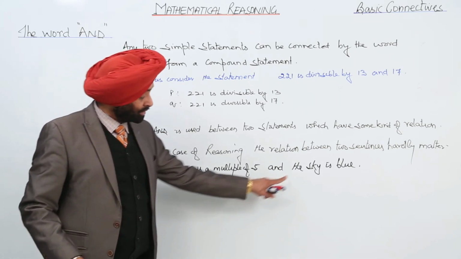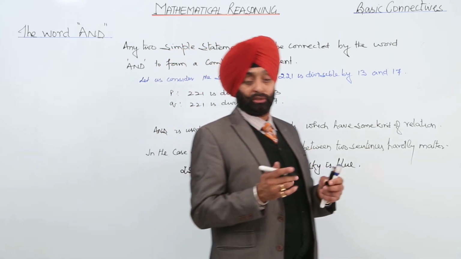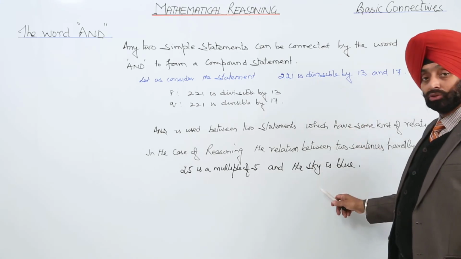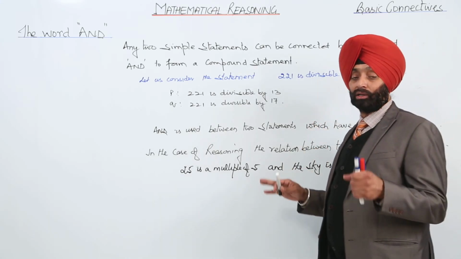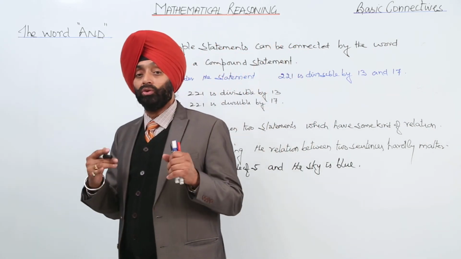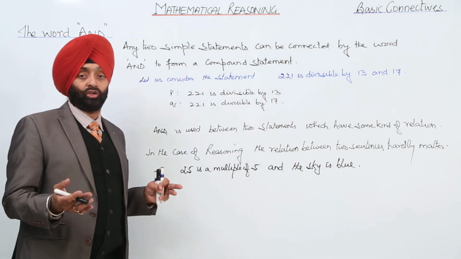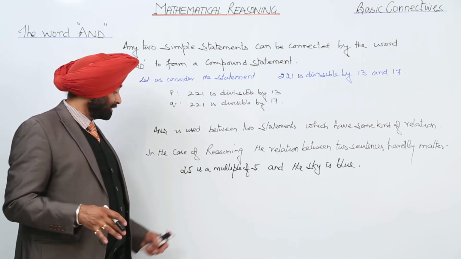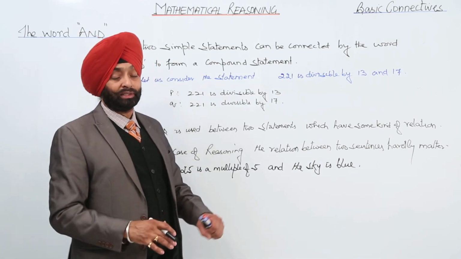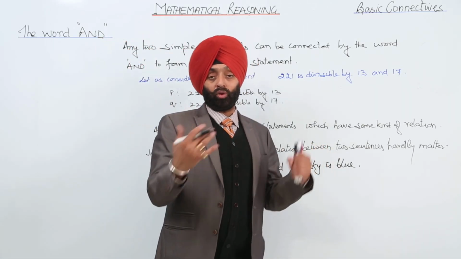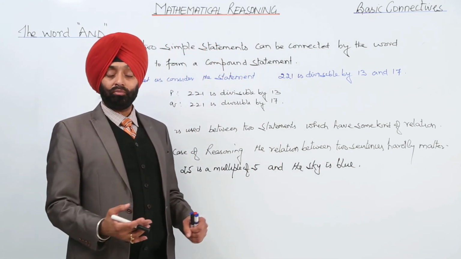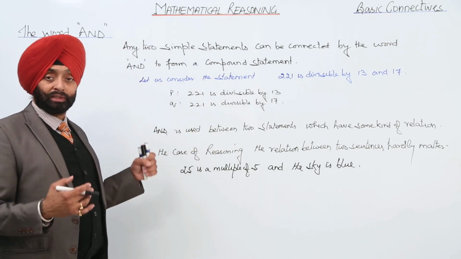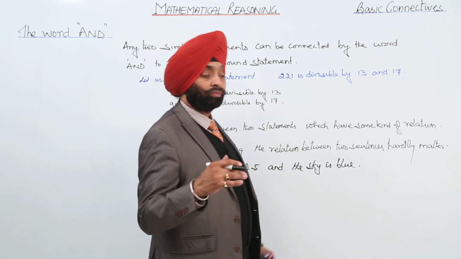This is one sentence, this is another sentence, both are not linked with each other. Earlier I gave you an example where there was some relation, but here there is no relation. So for the mathematical reasoning part, we can use and where there is no relation also. If we take out and from the sentence, then we have two different sentences. 25 is a multiple of 5 and the sky is blue. So P, 25 is a multiple of 5, and Q, the sky is blue, both have different senses. Further, for the truth and the fallacy of these statements, we are going to the next module.